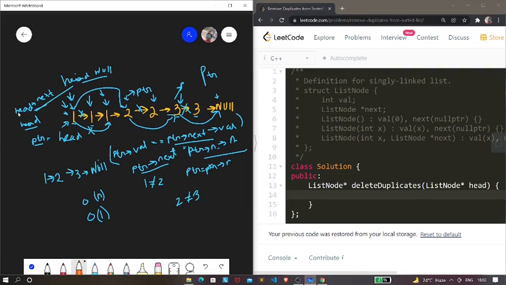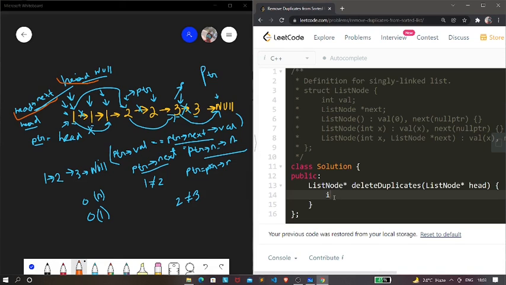So let's first handle these two corner cases, when there is only one element and when there are no elements in our linked list. What we're going to do is check whether head is equal to null, or head of next is equal to null.